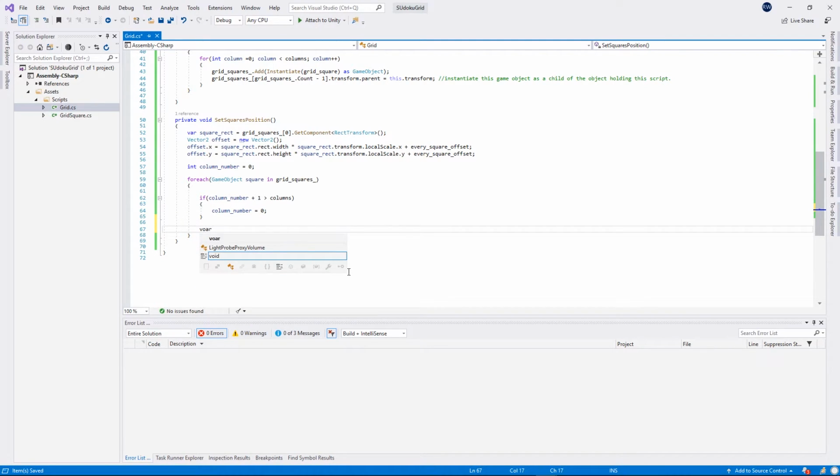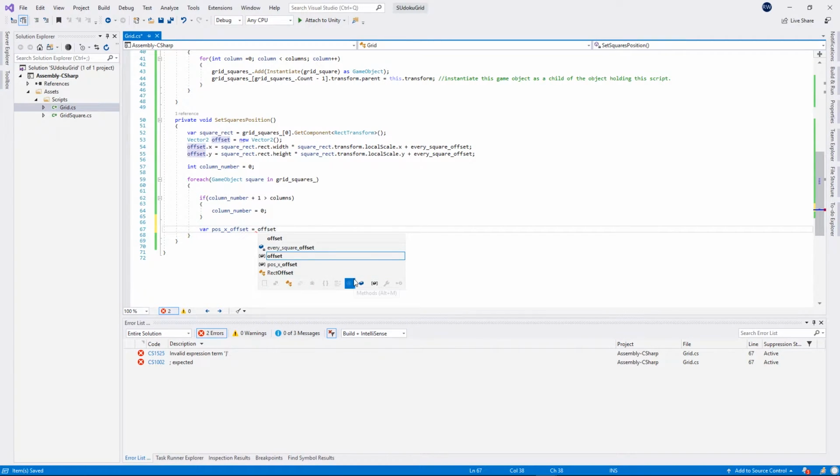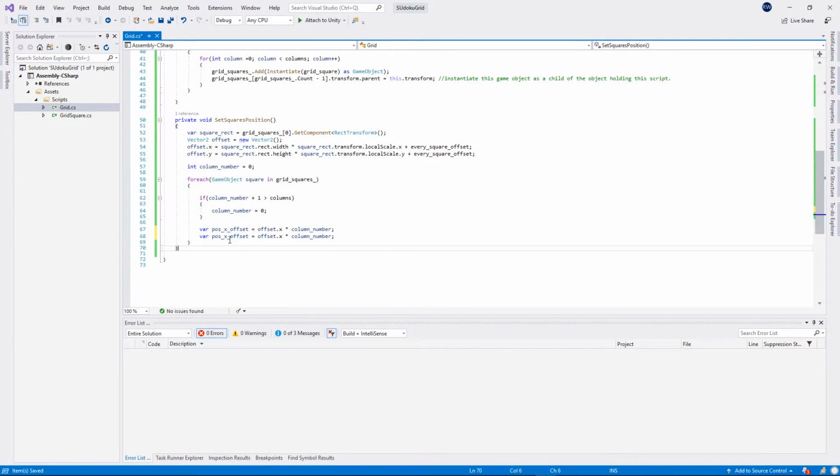So first one will be var, so this is going to be our final x position. So we want to take the offset dot x times column number, and then we want to do the same for the y position, but we want to get the offset y, and then we want to have a row number as well,